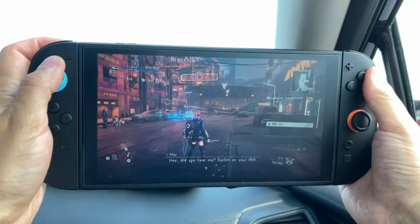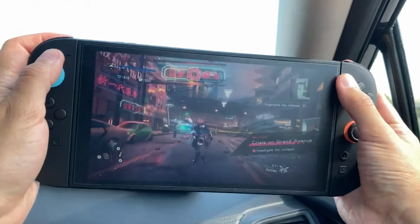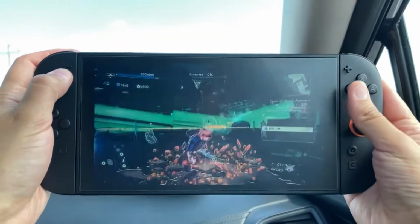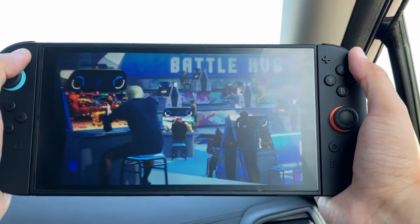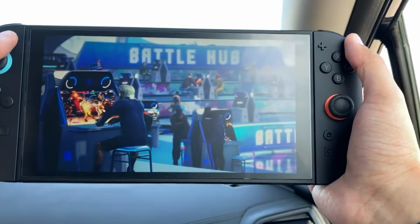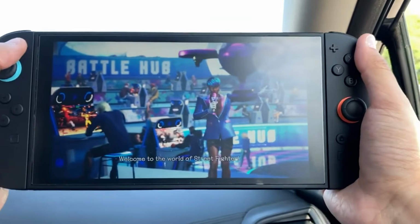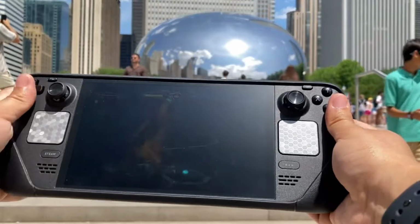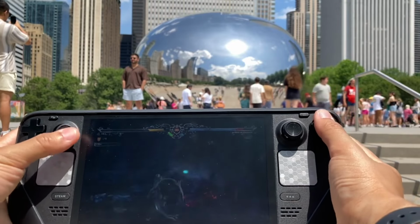Obviously it is the newest toy, but playing something like Street Fighter 6 in such a slim and small form factor compared to the other handhelds just won me over entirely. On the Switch 2, Street Fighter 6 looks very close to its PC handheld counterparts, and a lot of people say that these handhelds are opposite from each other, and when it comes to UI, I have to disagree. SteamOS is very similar, if not more accessible than the Nintendo Switch 2's operating system, which I believe also runs